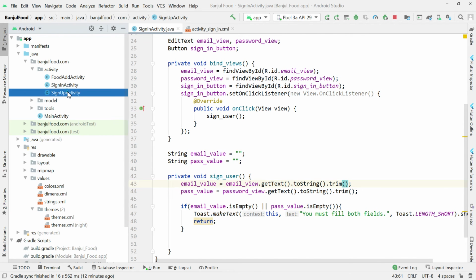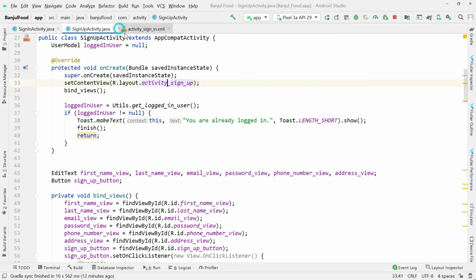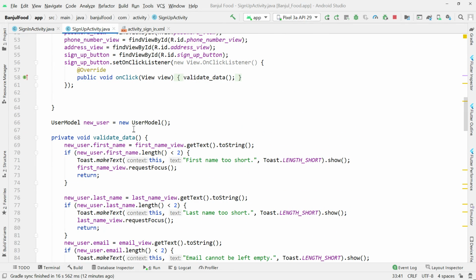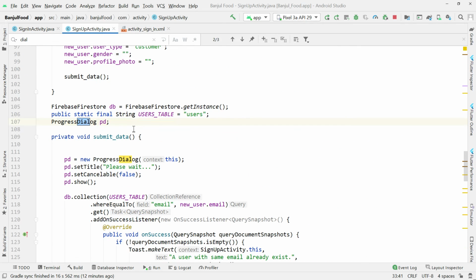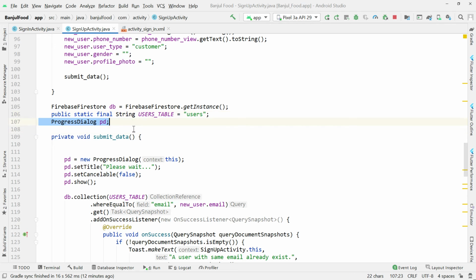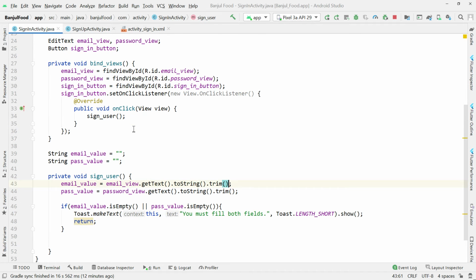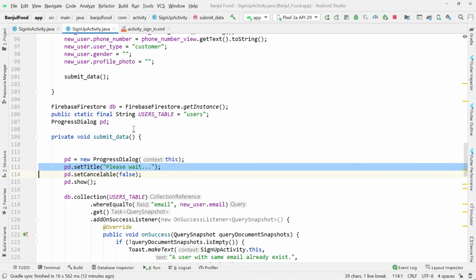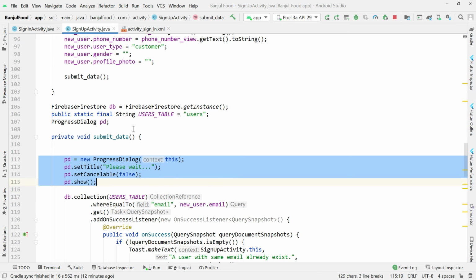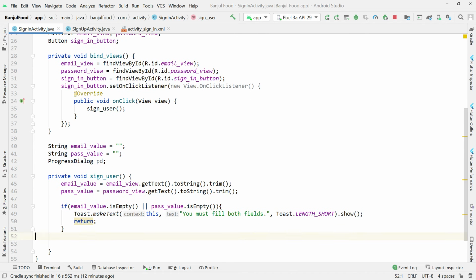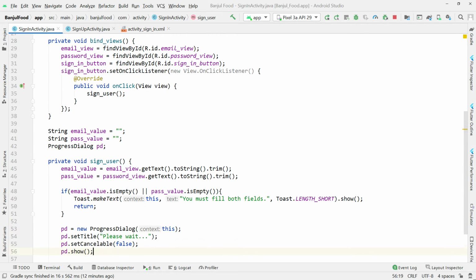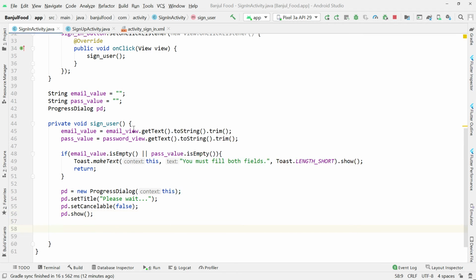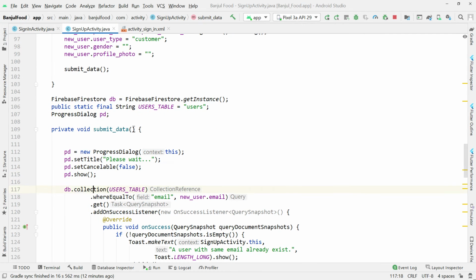So I'll just come here, the sign up already has these things, so I can just use this dialog box like the one that you use in the sign up, and then put this thing of please wait, just the same thing, so I don't repeat myself. Please wait, and I show,